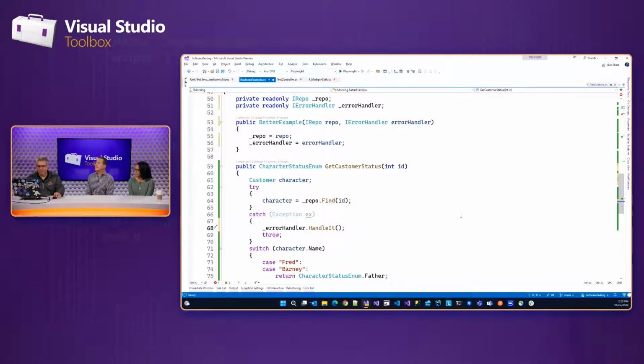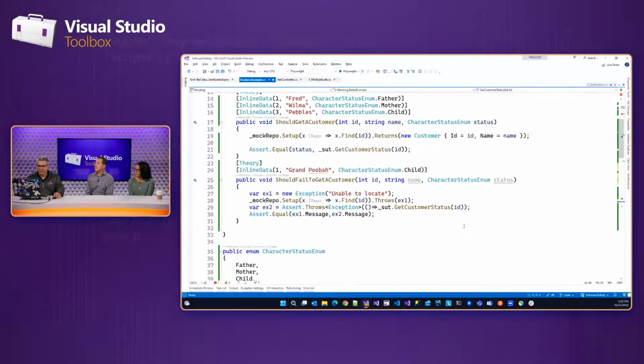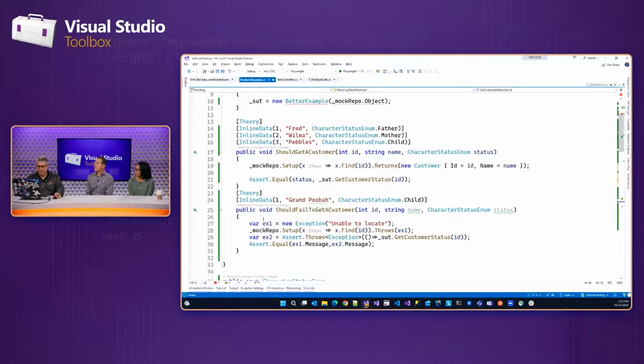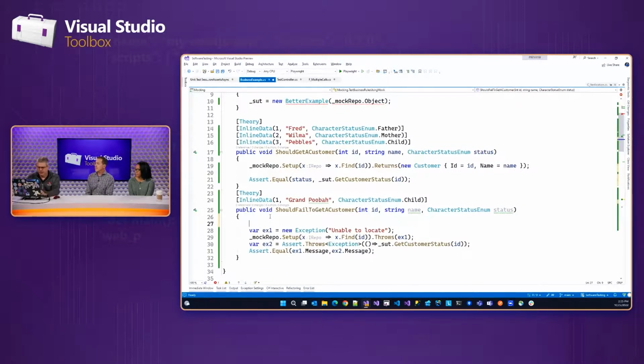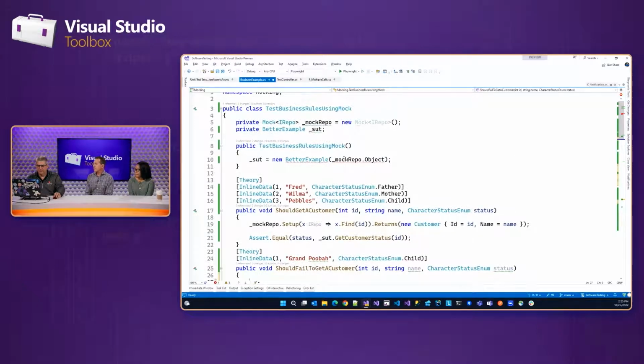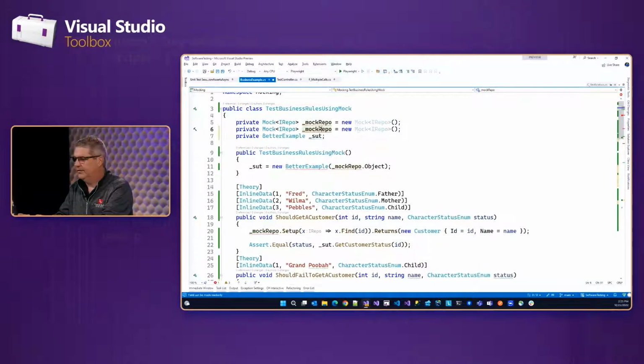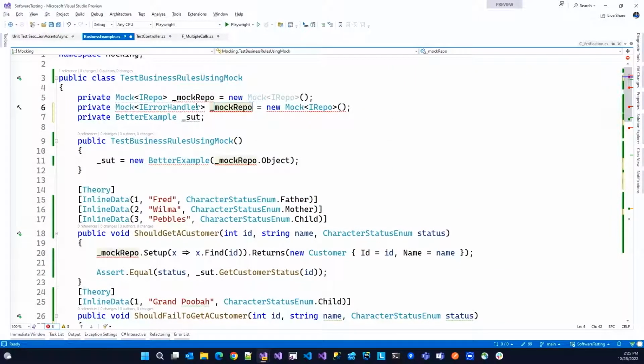Well, now we have to introduce another mock, because our constructor is going to fail, since we're now expecting two arguments. So we'll duplicate this, and this is error handler, and that's mock. Just by convention, I always name my mocks starting with the word mock.